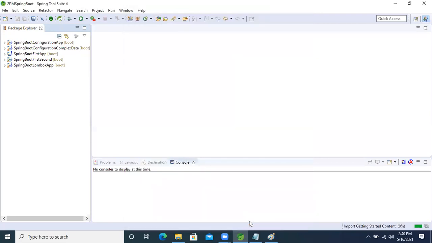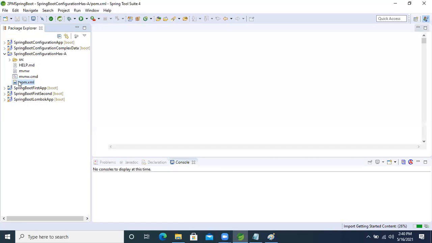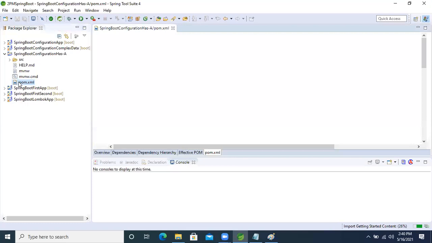Now the project is created, guys. But in the pom.xml, the Lombok API dependency will not be there. So how will we add it after creating the project? You people will face this problem, maybe you will forget at the time of creating the project. Because of that, I'm going to give you this scenario.